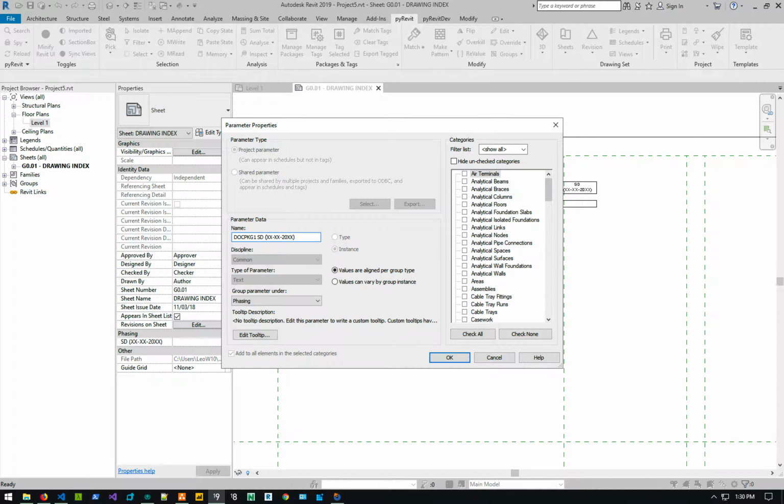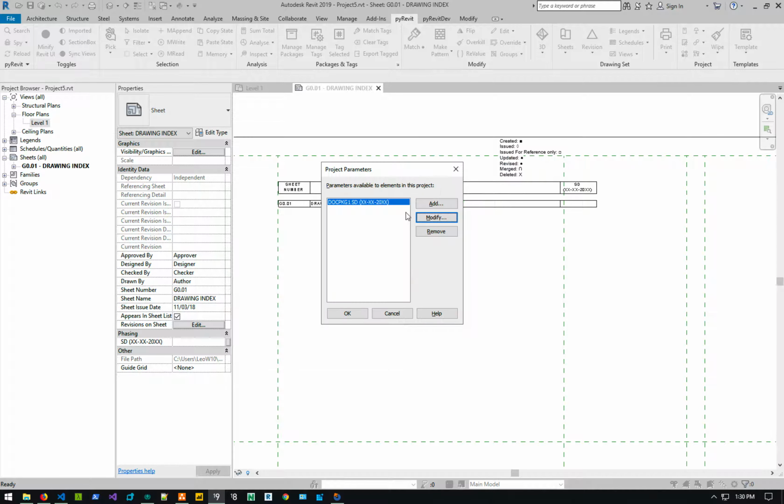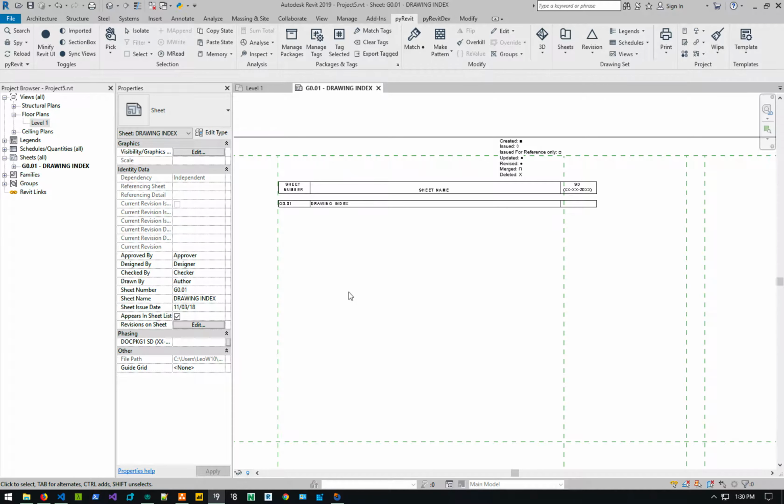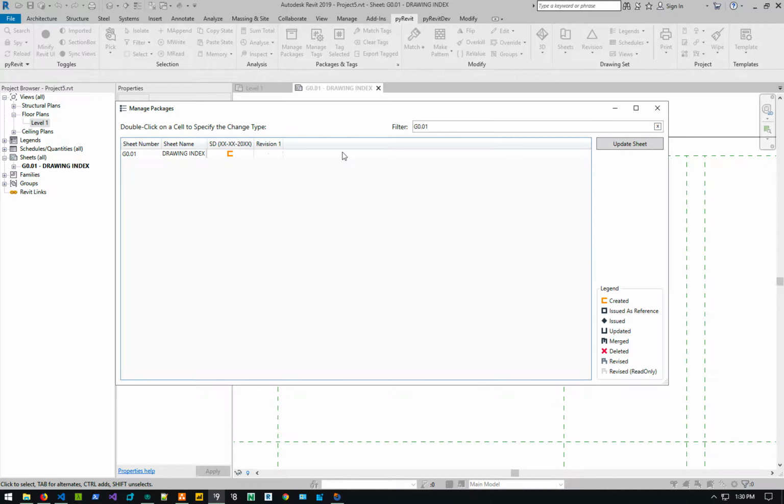But like in my example, I'm going to use the space in this example. So basically that's there. You can name it obviously the way you want it, as long as it follows that format. And then that's there. And when I launch the Manage Packages tool, you can see that that package name will show up here as